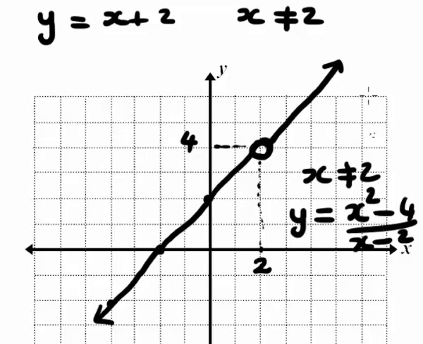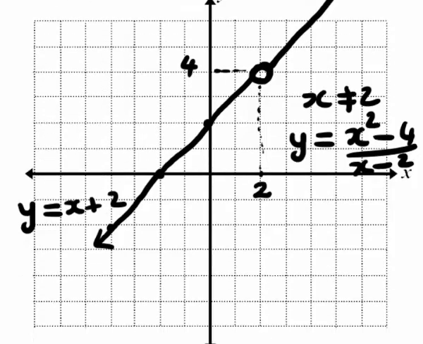When you simplify that, you get the straight line y equals x plus 2, but this graph, x squared minus 4 over x minus 2, is not defined at 2. It's the original graph. When you tidy it up, you get a linear function, a straight line, but x may not be equal to 2. Now this makes perfect sense because when you work out the limit as x approaches 2,